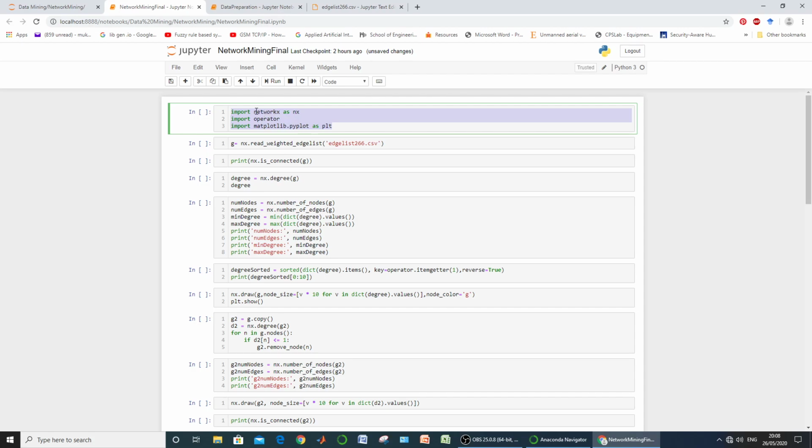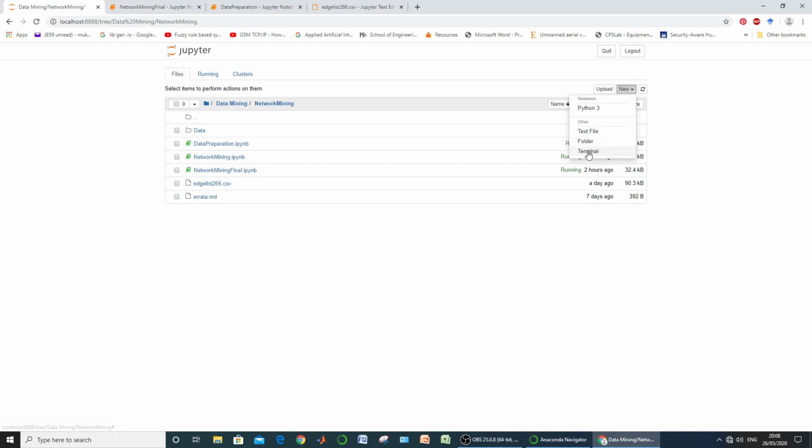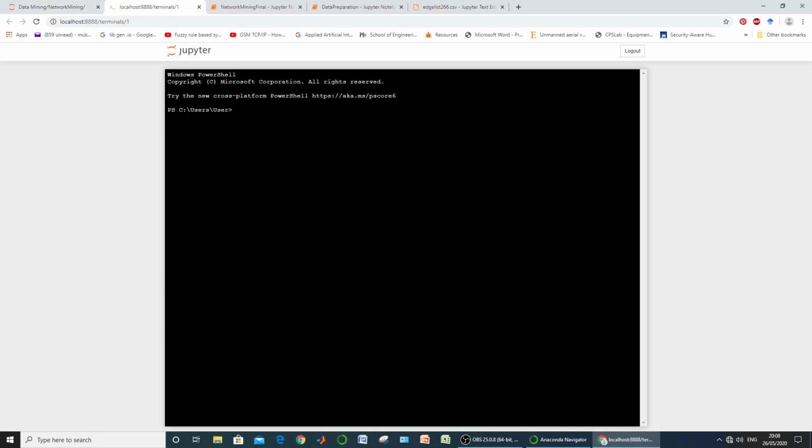We need the networkx library of Python. Actually networkx provides the creation and manipulation of your networks or graphs from any given edge list, from any adjacency matrix, or from any adjacency list. It just reads them and forms a network out of it. That network may be a directed one, an undirected one, a weighted one, as well as a non-weighted one. So we first need to install networkx. For installation we need to go to the terminal, and after opening the terminal, install it using the pip command.